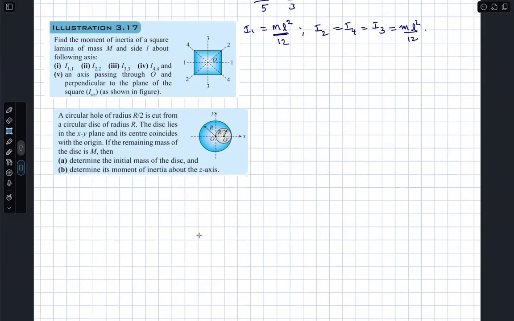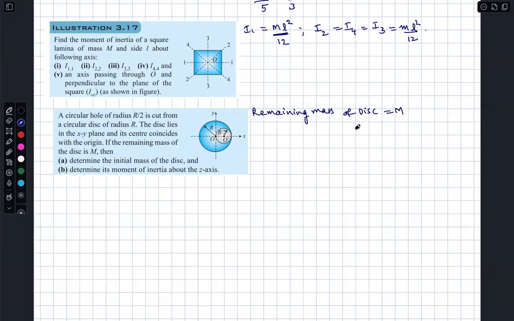A circular hole of radius r by 2 is cut from a circular disk of radius r. The disk lies in the xy plane and its center coincides with the origin. If the remaining mass of the disk is capital M,